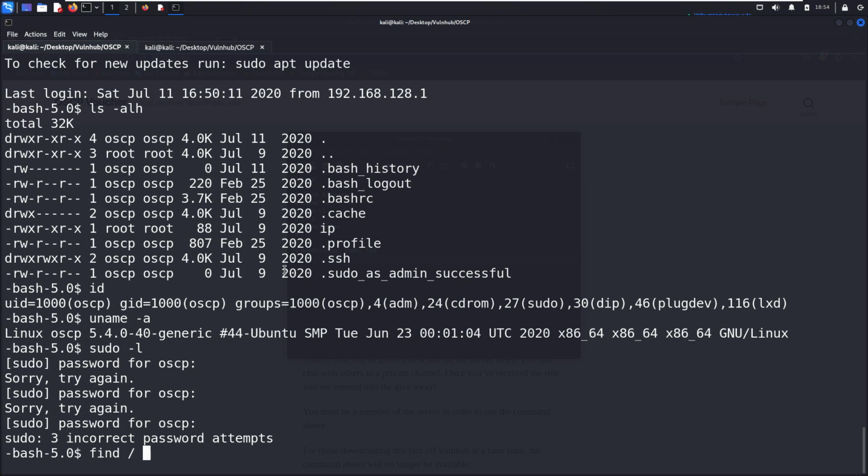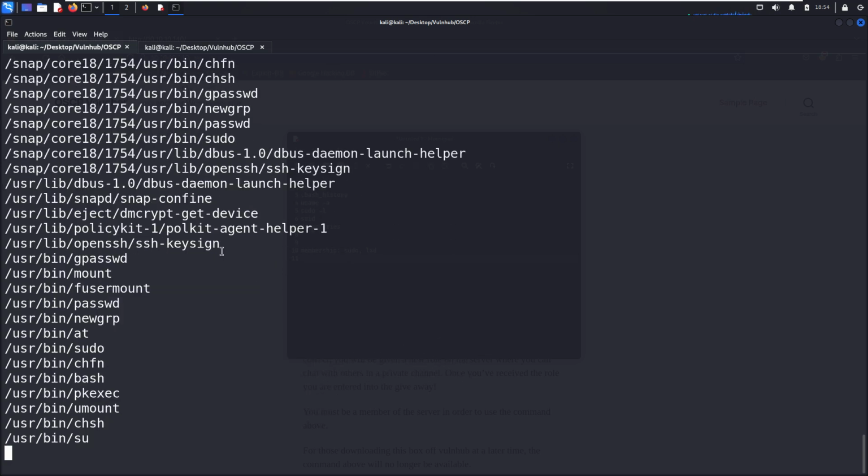So now we can use find with the perm option and 4000, and of course I just want to focus on files rather than directories, right? And we can redirect all errors to null, the black hole of the system. A lot of output. I think I have already found this one.